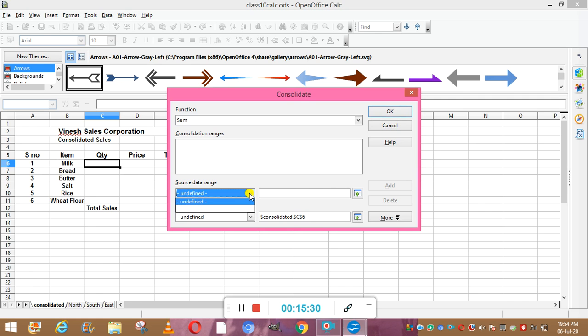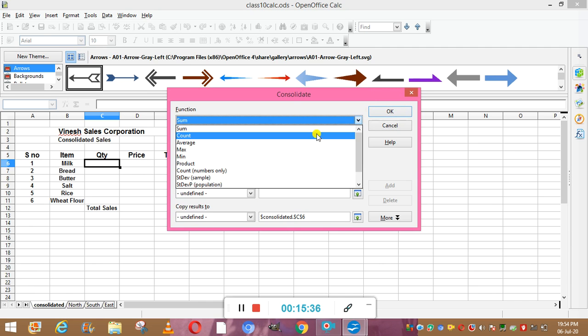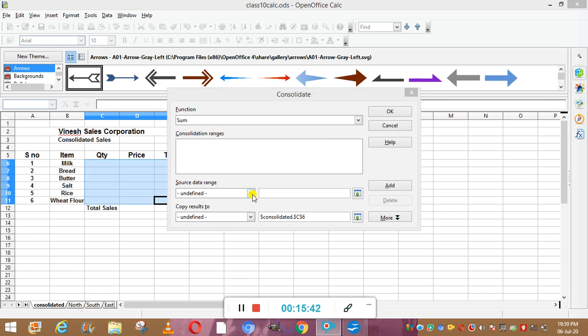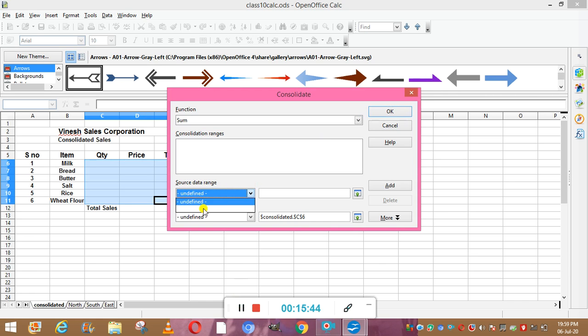Okay, first you have selected Sum. Now from here you will get the options, that is north 20 and the south 20. You will select them and click on this add button.